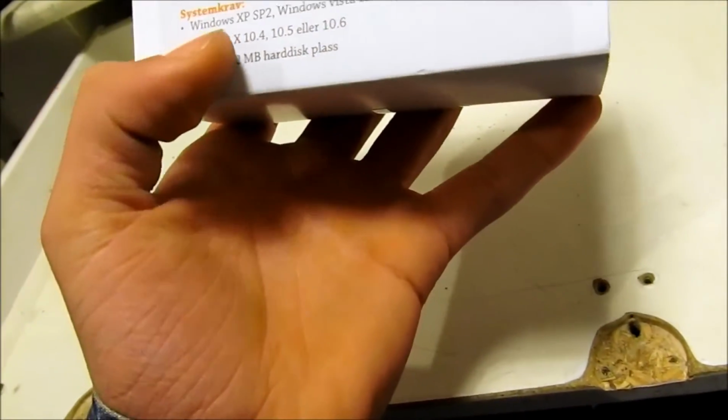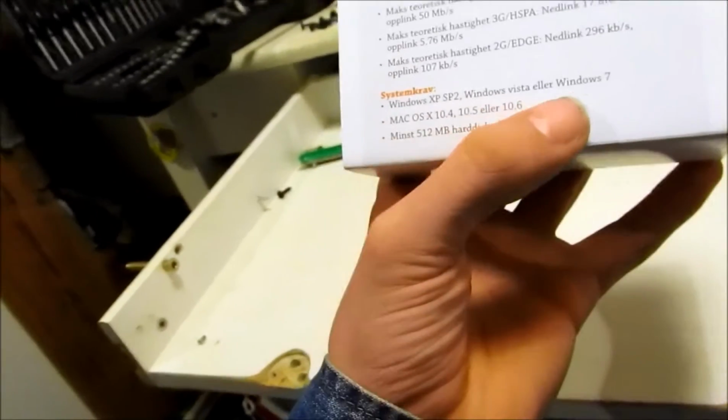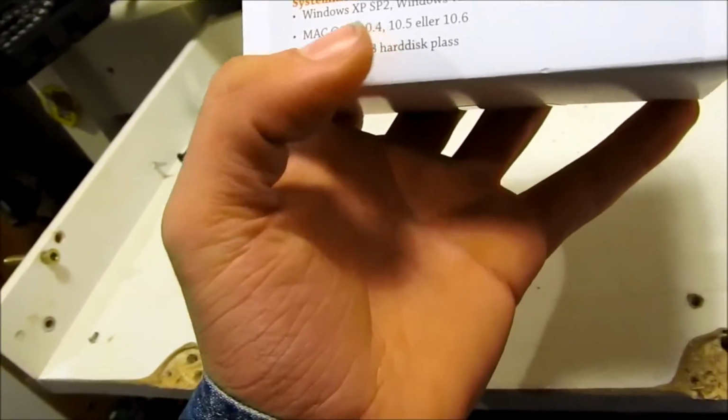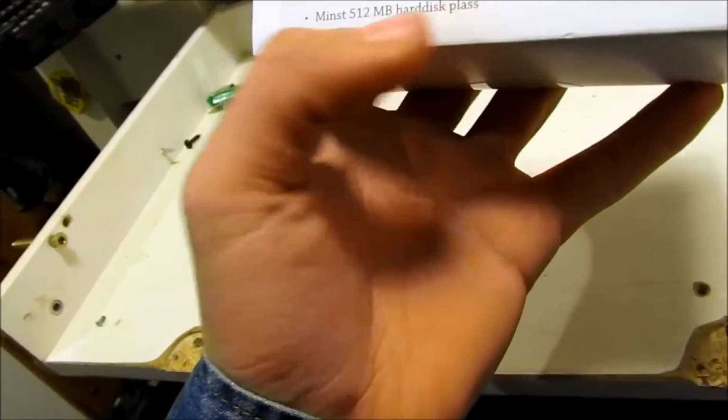System requirements: Windows XP, Service Pack 2, Windows Vista or Windows 7, Mac OS 10.4, 10.5 or 10.6, at least 512 megs of hard drive space. It doesn't stand anything else. So let's get to the...